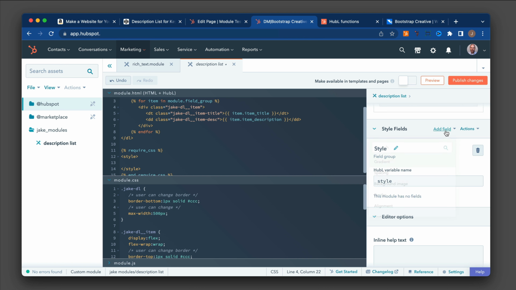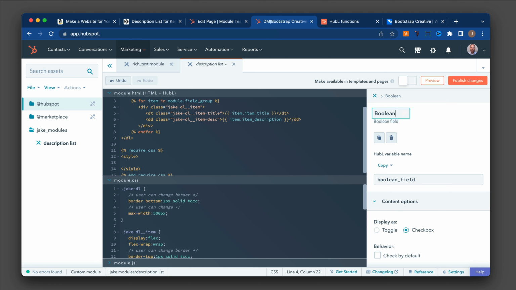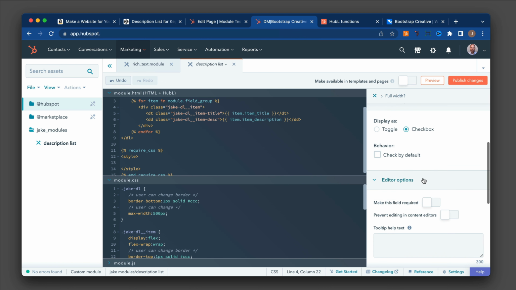So let's do add field, and we'll do Boolean, and we'll say full width. And you'll notice if you put a question mark here, it's going to have this underscore. So just delete that. And I'm going to not check it by default.